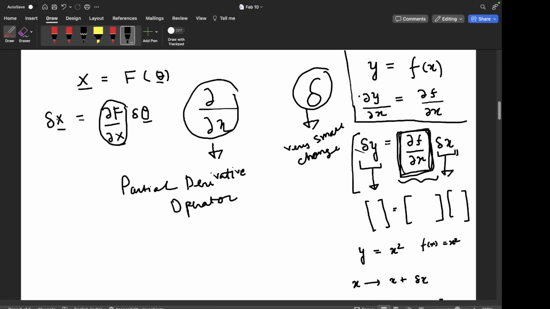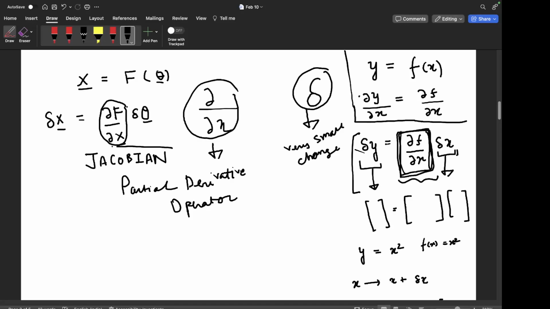So coming back onto the manipulators, a small change in joint angles is related to a small change in the end effector position by this quantity. And this quantity is frequently used in robotics and is given a special name which you will encounter very frequently from now on, which is called the